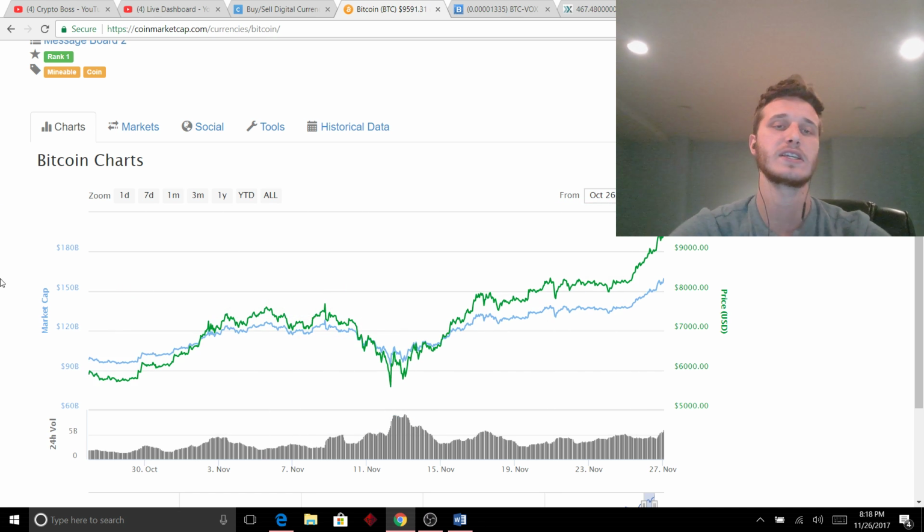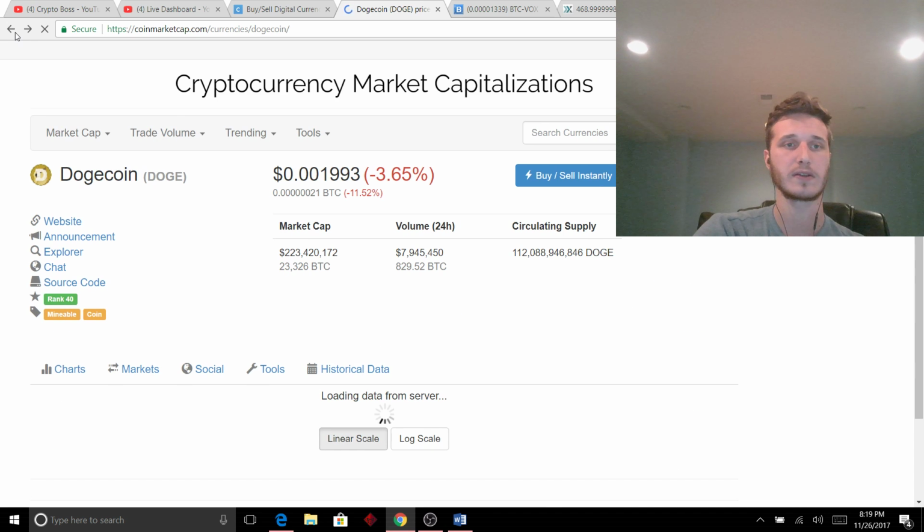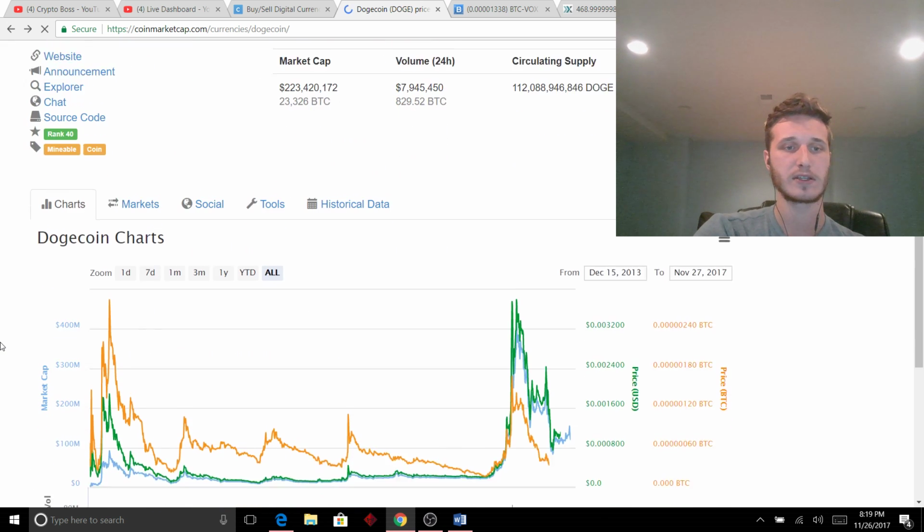So as you can see, if you compare Dogecoin to Bitcoin, Bitcoin does have drops, but when you just hold it, it goes back up, whereas with Dogecoin, it drops, and it drops for a long time, and then it'll spike back up, and then drop again. But each spike is not higher than the last, so it's not overall gaining in price. Because if you go back to the Dogecoin, if you notice over here,